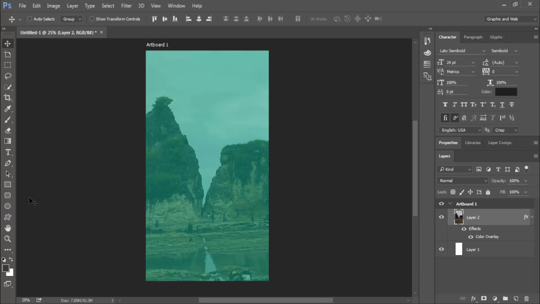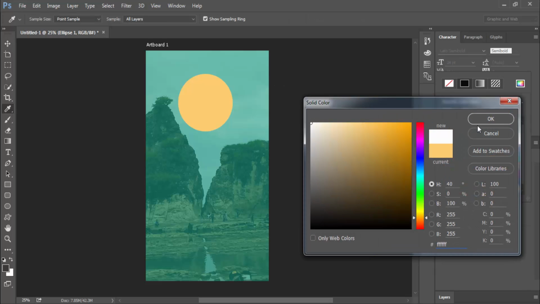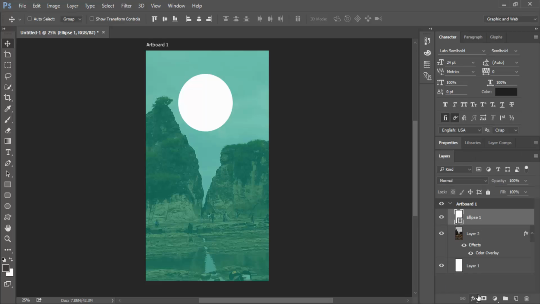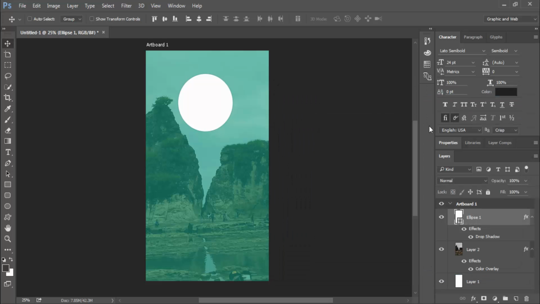I'm going to use the ellipse tool first, and change it to white, and give it a drop shadow, setting the distance to 2. Okay guys, and now make it centered.